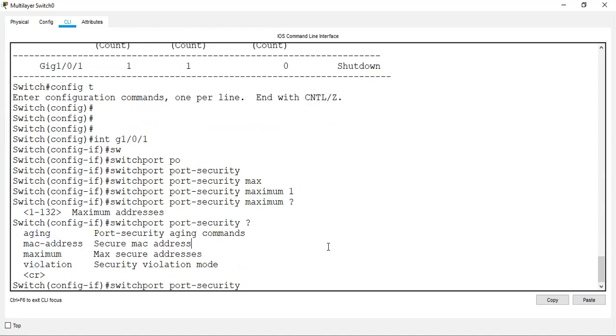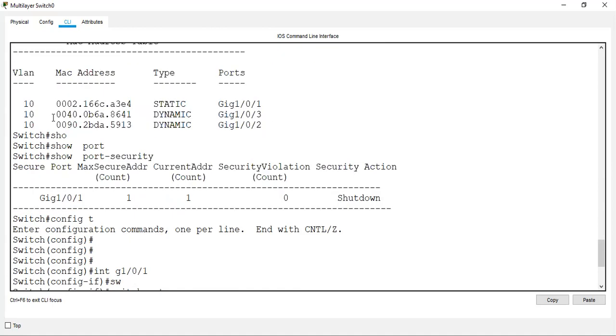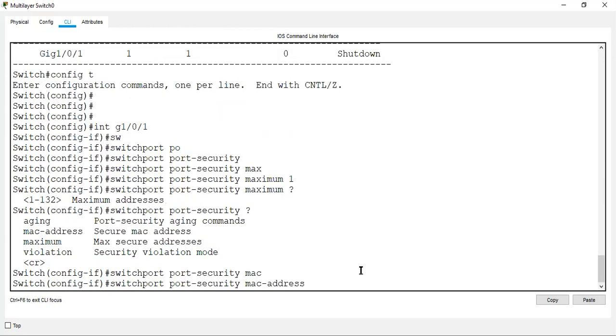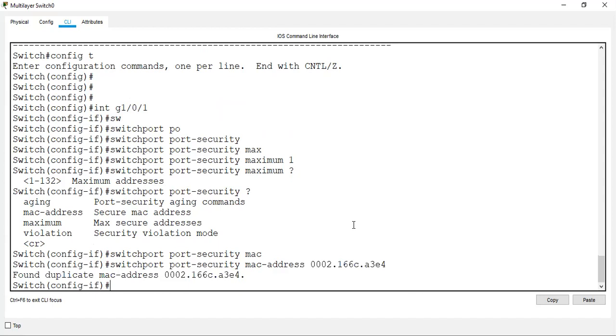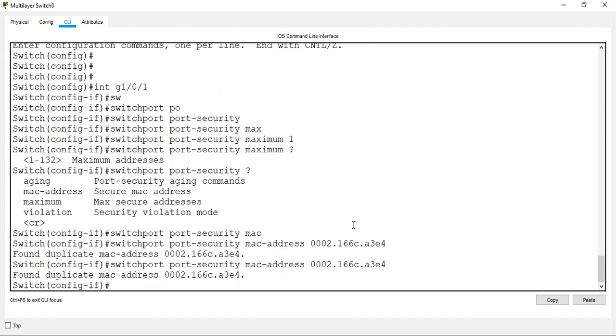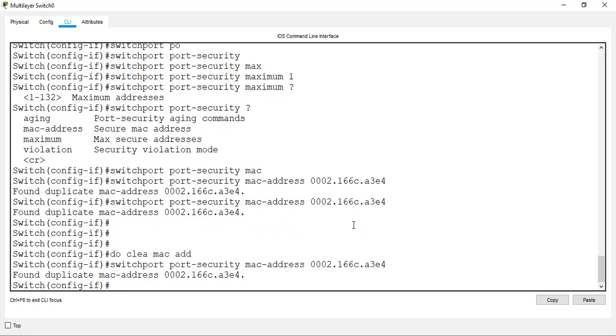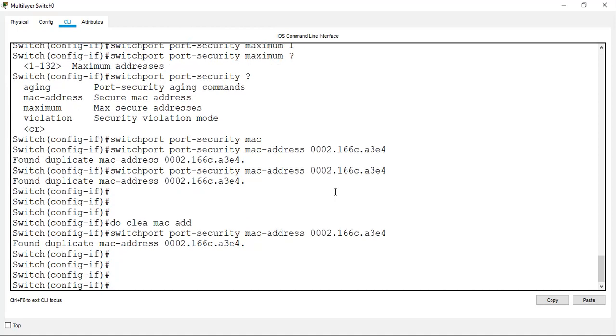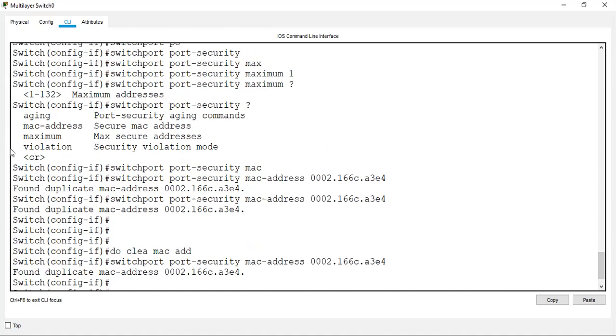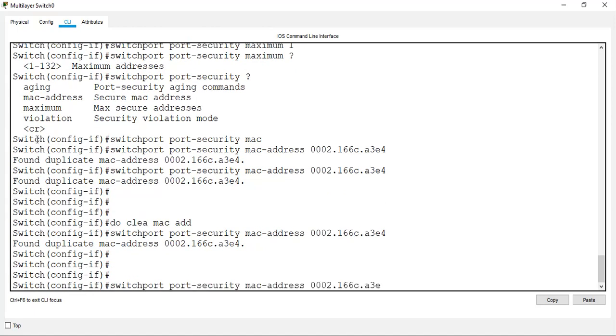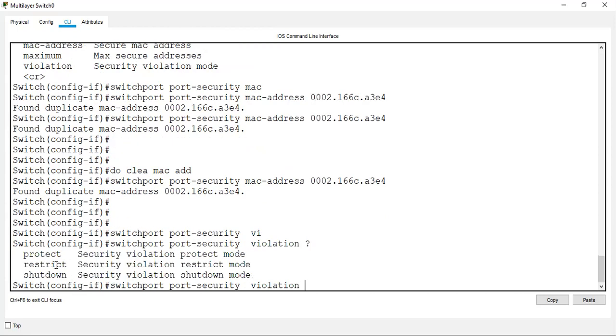Which MAC address is supposed to be there? Let's say the first port will always retain this MAC address. If I connect a system with a different MAC address, it shouldn't be accepted. Do clear MAC address table. Okay, the MAC address is already learned. Then we need to define the violation. Port security violation: you can see 3 options. So we can configure restrict.